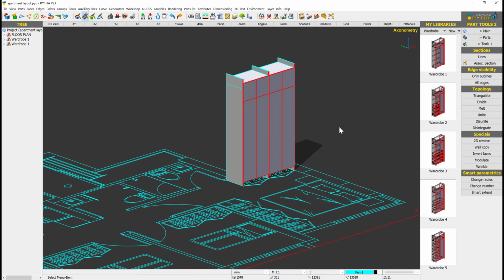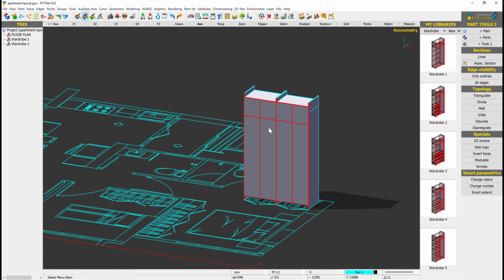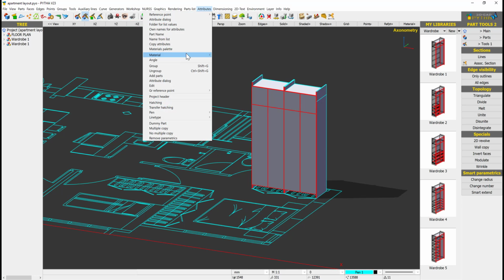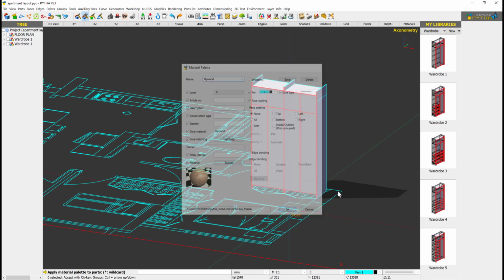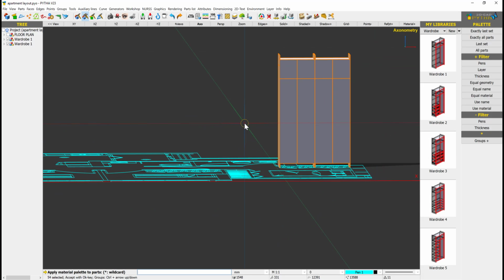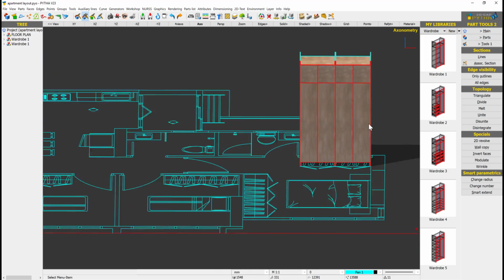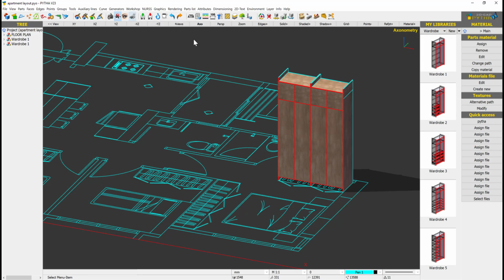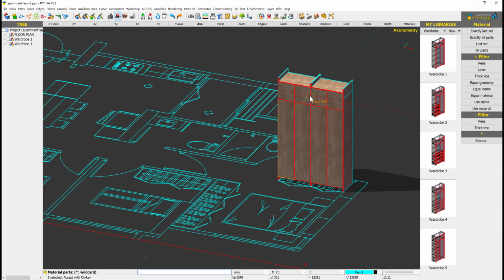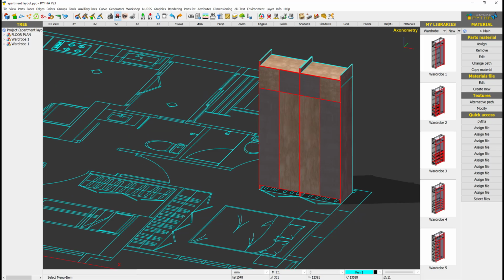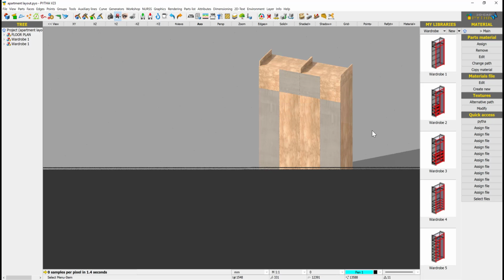Some of you will ask, how do you add colors? We will cover this in the advanced training, but over in attributes, I can add material. I can say everything is plywood, for example, and select this too. You can see that PYTHA puts in the material for you straight away. Of course, I can change the laminate color. I can go to parts, assign. For example, I can change these 4 doors to something lighter. And if I run my ray tracer, which is my rendering, I get something like this,